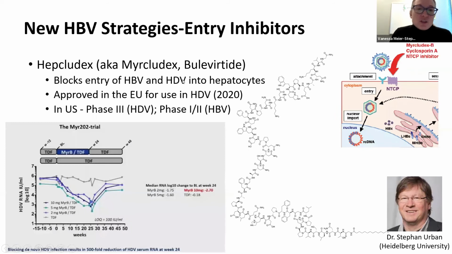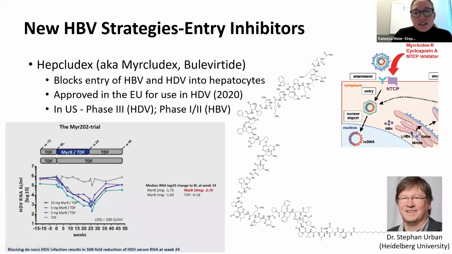Now, hepatitis D, I didn't actually introduce this very well, but hepatitis D is sort of a defective virus, and it needs hepatitis B and its surface proteins in order to complete its cycle. So it's not even a full virus. It's a viroid. It doesn't make the surface proteins to complete its own cycle. So if you can lower the surface antigen from B, you actually have a chance of preventing hepatitis D from reaccumulating and getting back in.